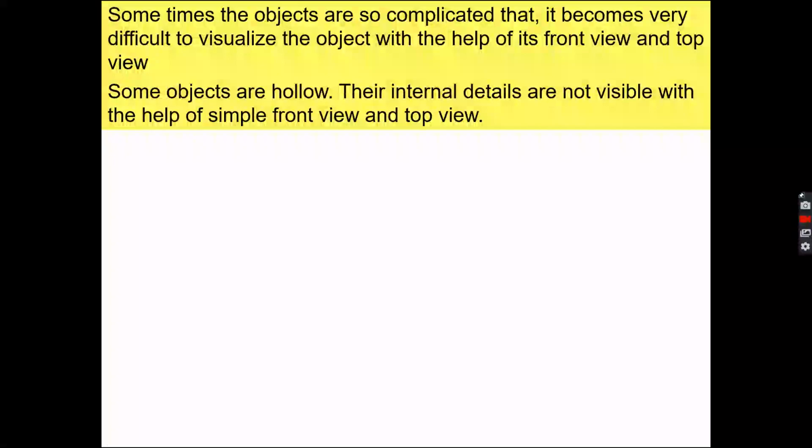But suppose your object is hollow. Then if that hollow part or internal things we cannot show with the help of front view and top view, what we do is we cut this section and show its internal parts.